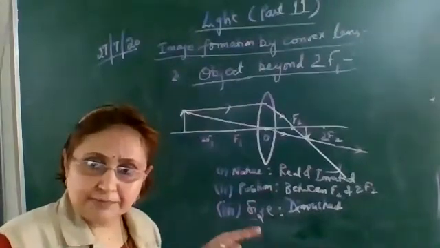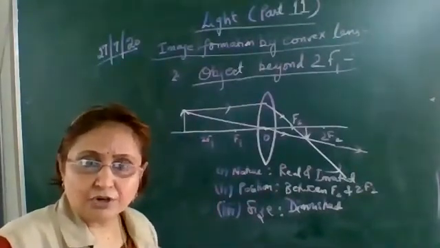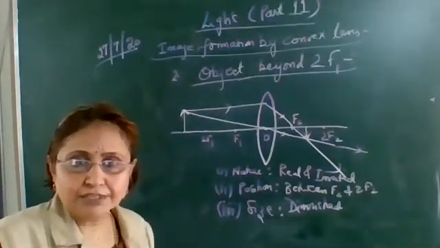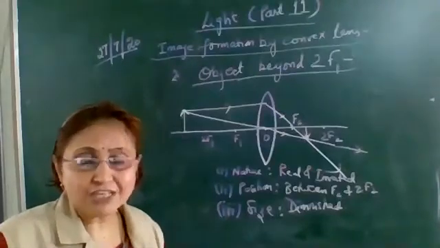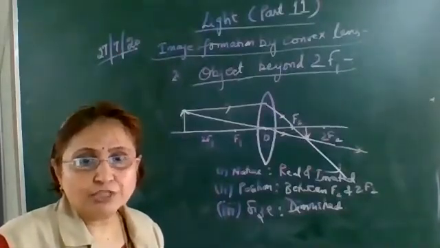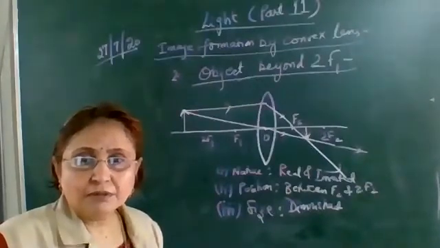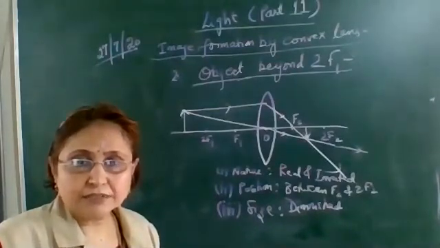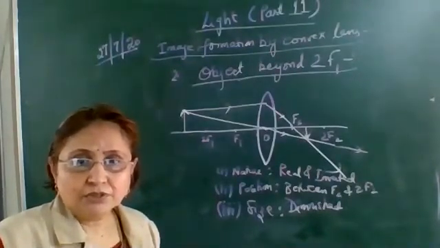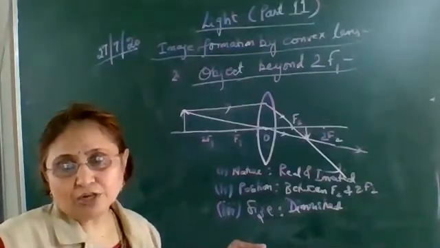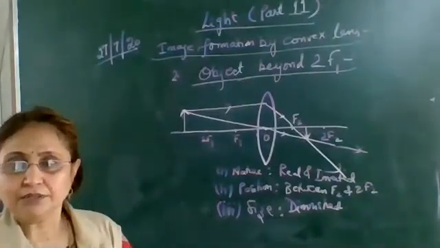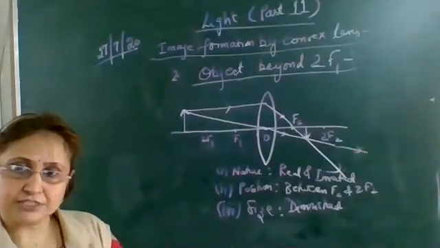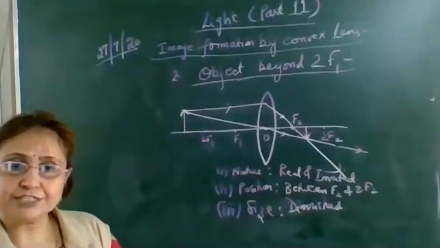For drawing the ray diagram, as I am saying, keep drawing. Draw the convex lens, both the surfaces curved. Here we have taken both the surfaces to be equally curved. Mark the optical center. Draw a straight line passing through the optical center, which is perpendicular to both the faces of the convex lens. Draw the principal axis.